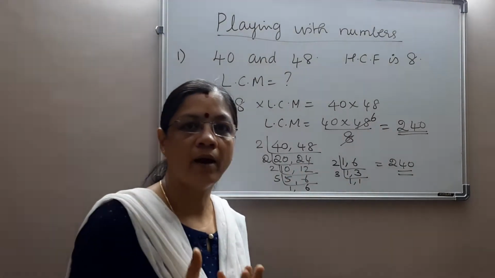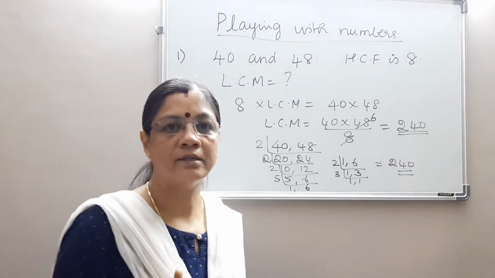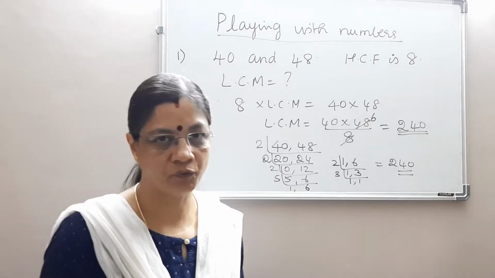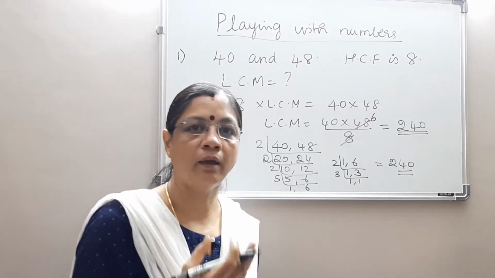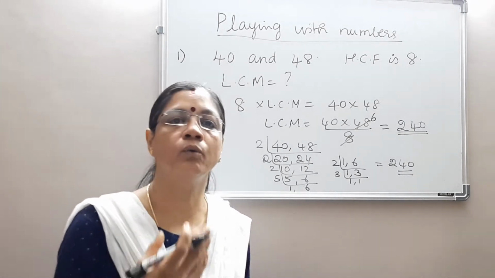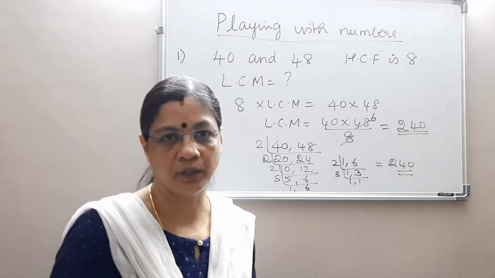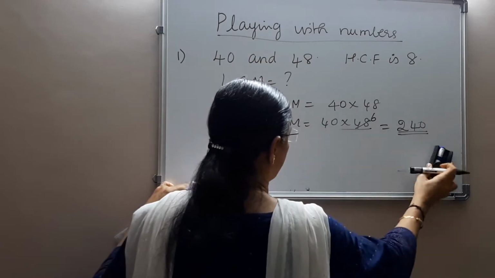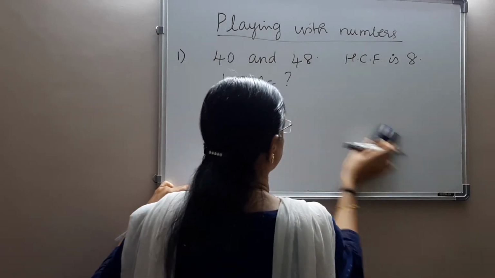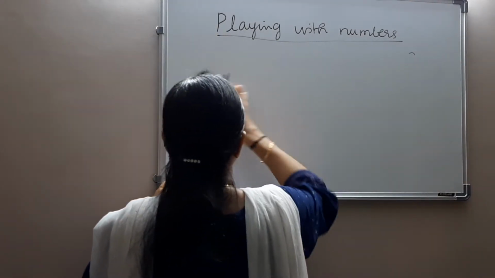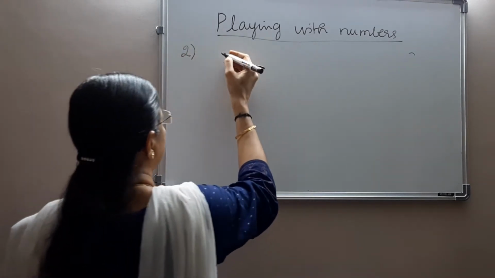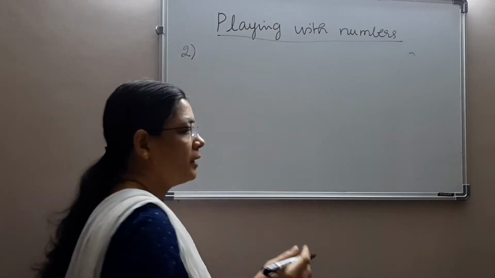So now you have a new formula: HCF into LCM is equal to the product of two numbers. By using this formula, you can find out either the HCF or LCM or one of the numbers if the other three are given for you. So this is one type of problem involving HCF and LCM. Okay, the other type, see,